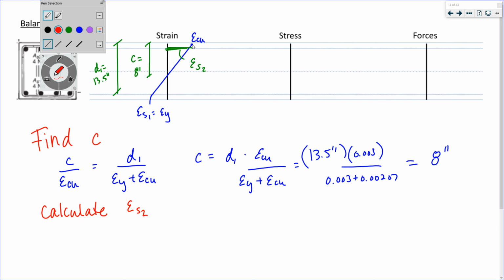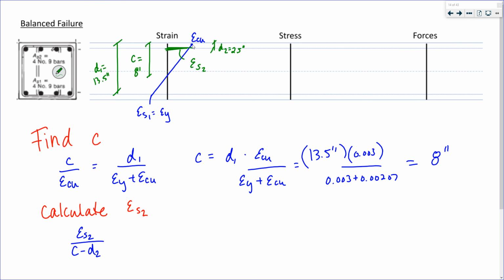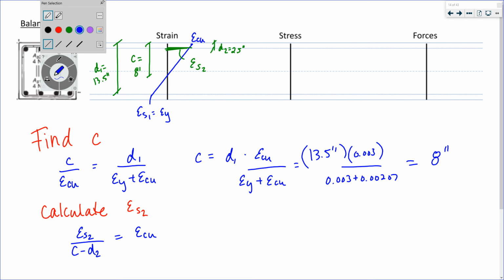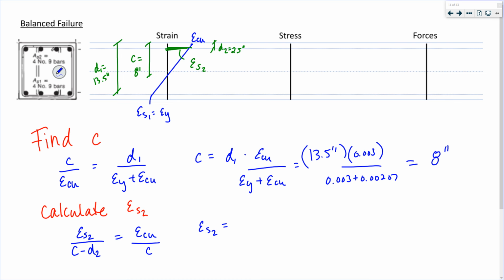Let's see. ES2 is to C minus D2, right? That's that little value right here, which was 2.5 inches, as ECU is to C. So the strain in my compression steel is equal to ECU times C minus D2 over C,